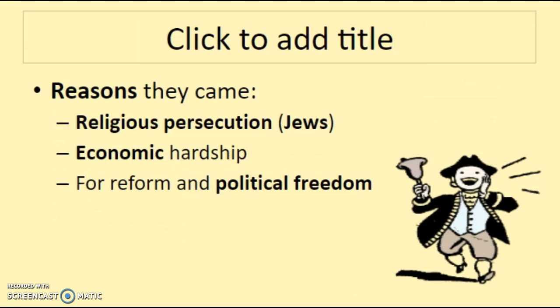So in Russia, Jews faced hostility, not just from their government, but also from Christian neighbors. And in the 1880s, a wave of pogroms, or violent massacres of Jews, swept across the country. The Tsar responded to the pogroms by sharply limiting where Jews could live and how they could earn a living. And Americans offered freedom of religion and the opportunity to build a new life. This offered Jews,